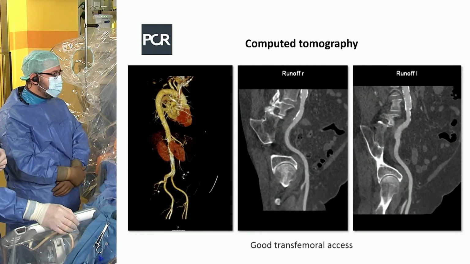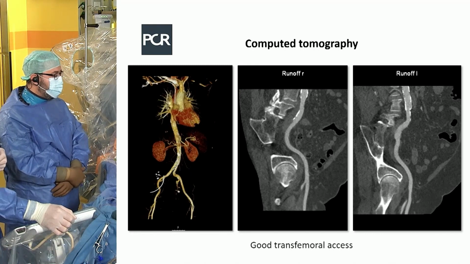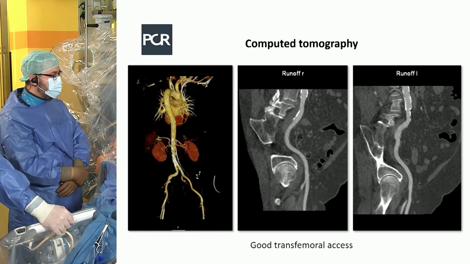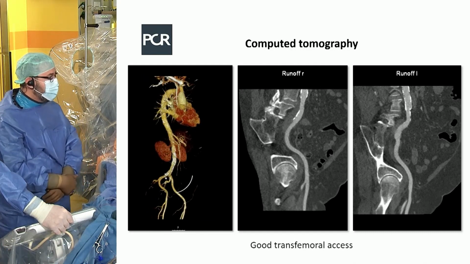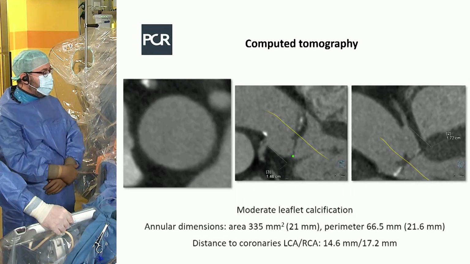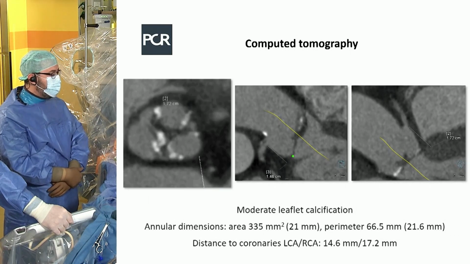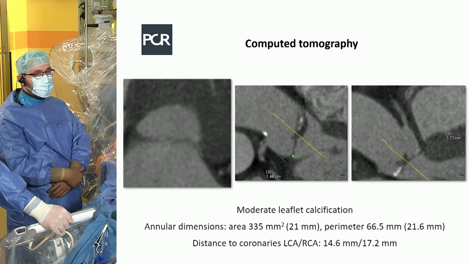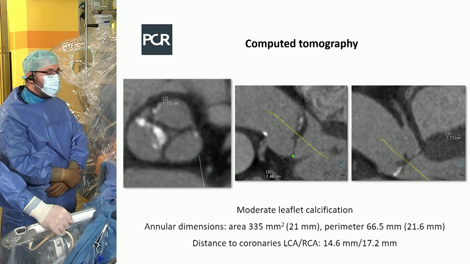And this is her multi-slice CT. You can see here that she has rather favorable femoral access with a good size of the femoral and iliac vessels on both sides. And when we look at the valve itself, you can see here that the valve is more or less moderately calcified, with a little bit asymmetric calcification on the non-coronary cusp. And she has overall a small